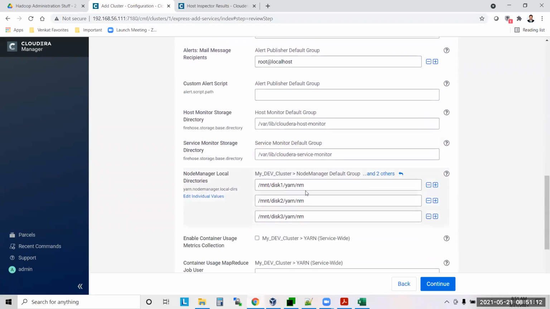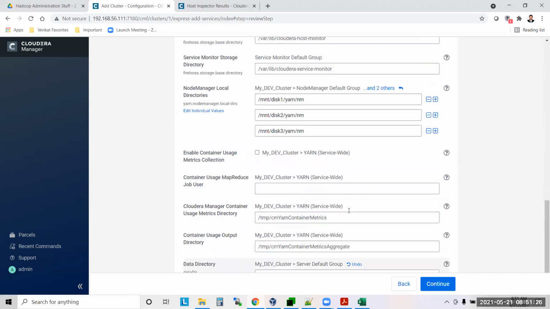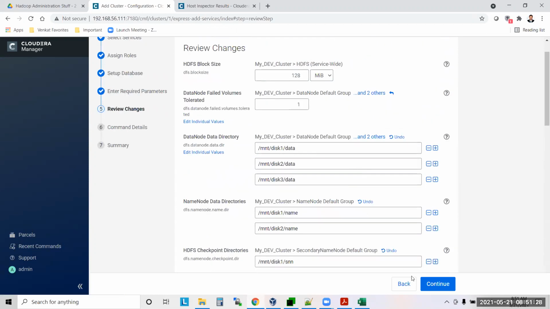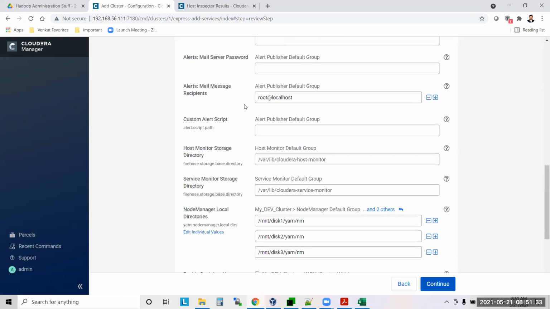Okay, then this is fine. This one, /mnt/disk3/ZK data. I guess that's it. You don't need to do anything else. Click on continue. Now it started installing your cluster.